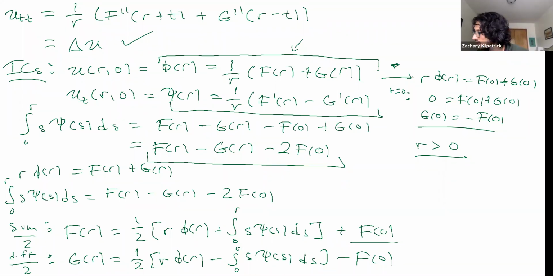So remember the form of solution that I said I had was this whole thing divided by r, okay? So I can divide everything through by r, and I'll be done if I sum them together, okay? So I'll do that on the next slide. All right. So then u of r,t is equal to 1 over r times f of r